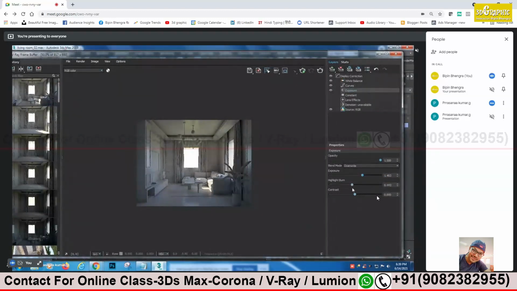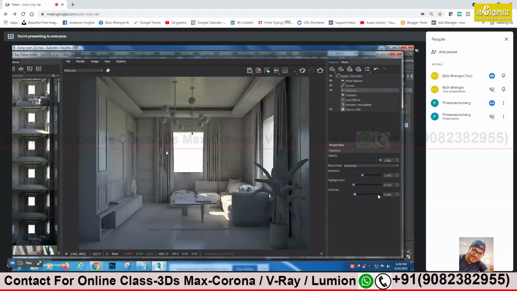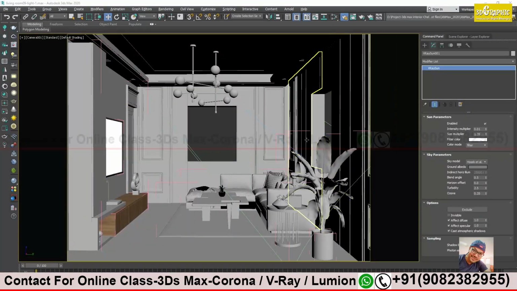Hold on for a second. When we come with the actual texture, the light will reduce itself because of the dark texture, along with the window glasses plus the curtains. The light will automatically be reduced, so we'll see that time, sir. Just hold on this for a moment. On our final render, when we do it with the complete texture, the light will definitely reduce. Fine. Alright, so let me add one more light.